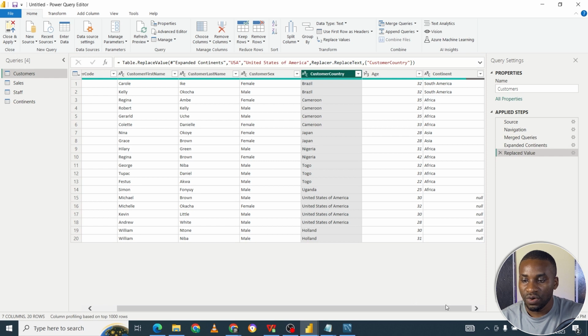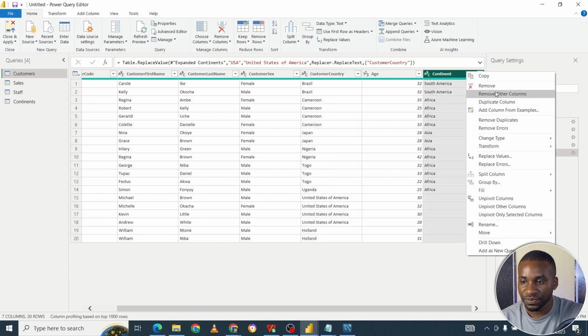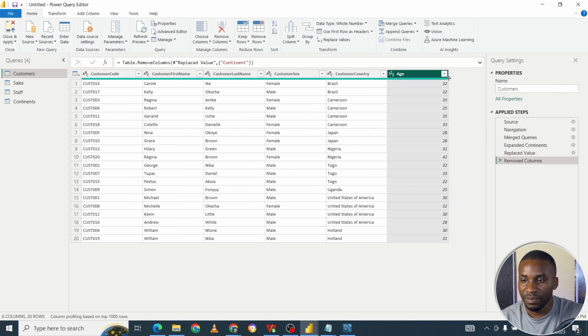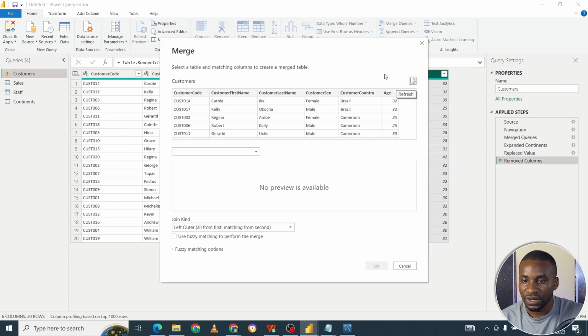OK. What we will do now is to do this merge again with the new data that we have. For some reason, it seems like Holland is not included in that list, so we might need to add Holland manually. But let us go back and do this merge again and see if it's going to pick up United States of America. So let's just click here, right click, remove this, and do the merge again and see if it's going to pick that one. So merge,